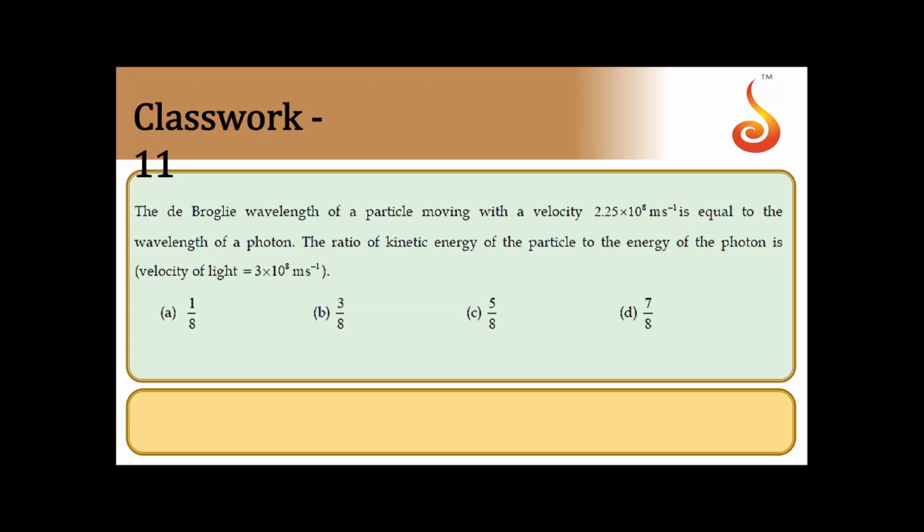So what they have given here is de Broglie wavelength of a particle traveling with velocity 2.25 into 10 to the power 8 meter per second is equal to wavelength of a photon. We need to find ratio of kinetic energy of particle to the energy of photon. So